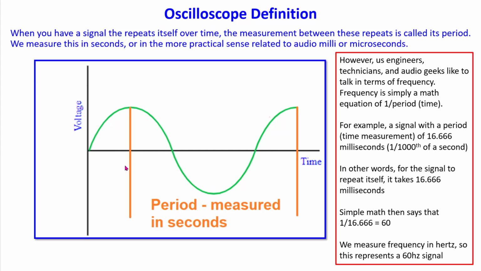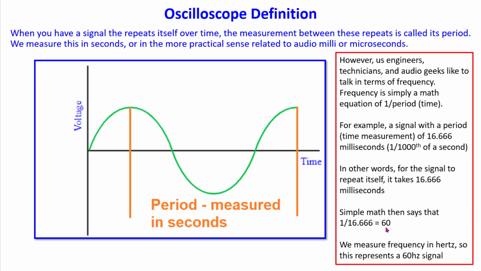Let's say this signal repeats itself in 16.666 milliseconds. Now, a millisecond is 1,000th of a second, so every 16.666 milliseconds this thing repeats itself. Let's do the math then. 1 divided by 16.666 equals 60. We then talk about this in terms of its frequency as this is a 60, and the unit of measurement